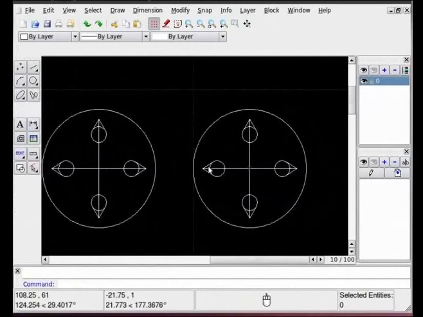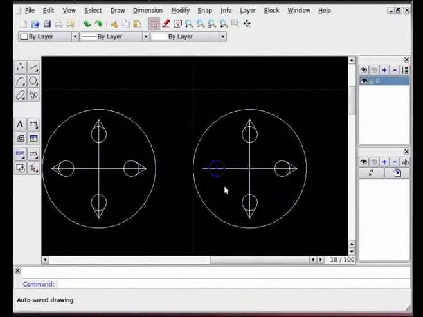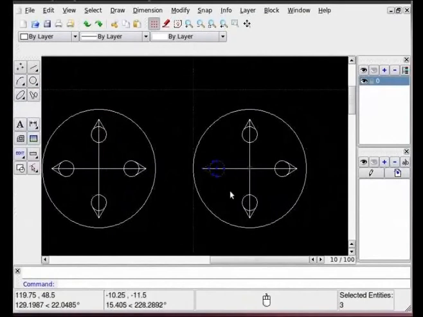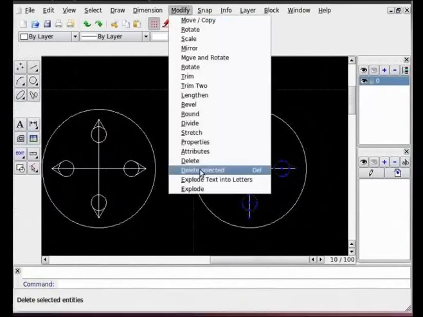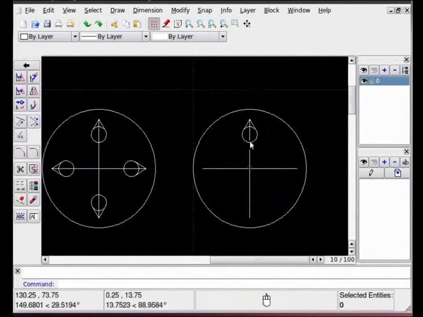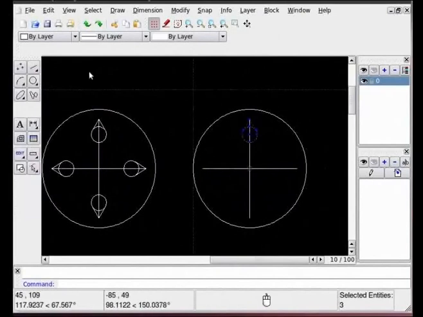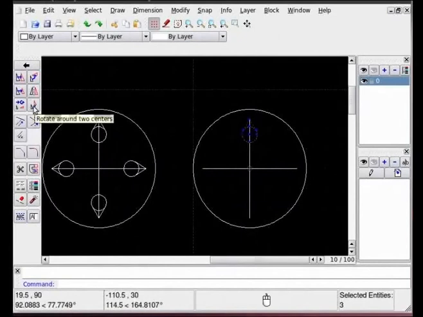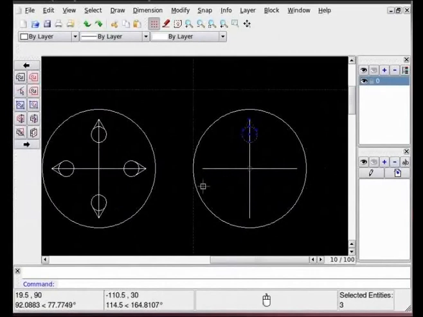From here I will remove these 3 objects, press Control to select many, and now I'm going to delete those. Okay, now let's use rotate to tool and see how option B works. First select this object, and now we will select rotate to. We can also select it from toolbar, edit, and icon over here. Okay, object is selected already, so we will click on this arrow to continue.